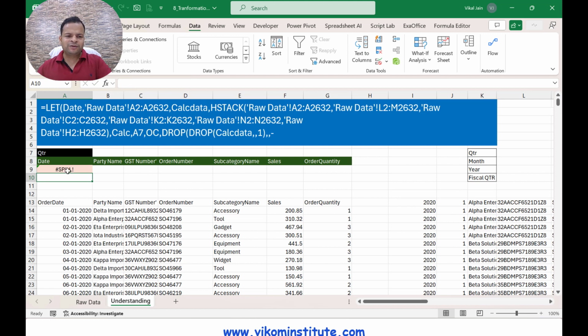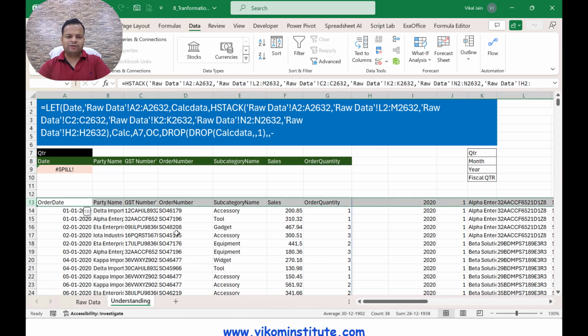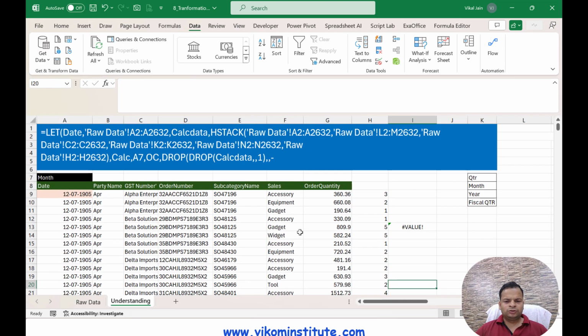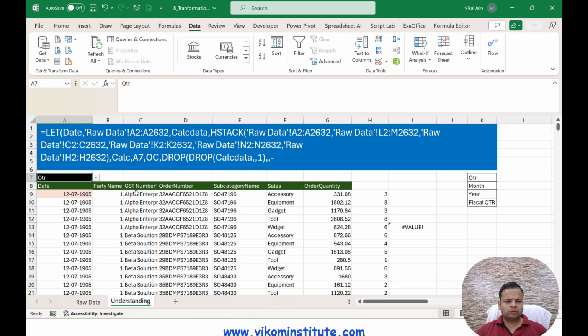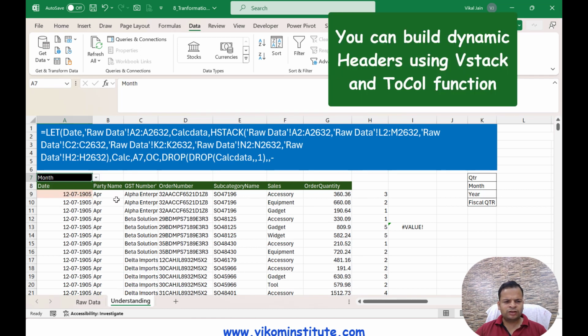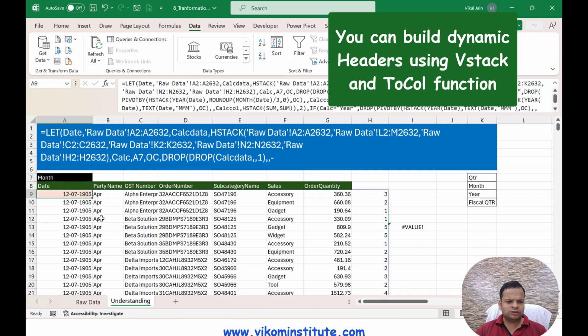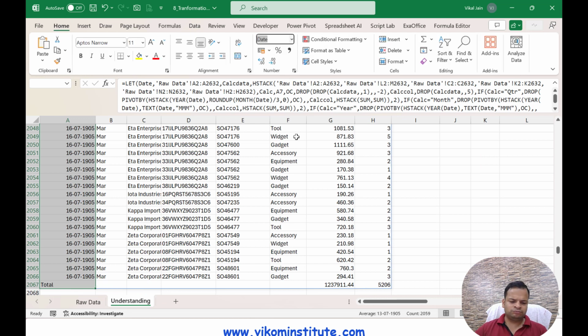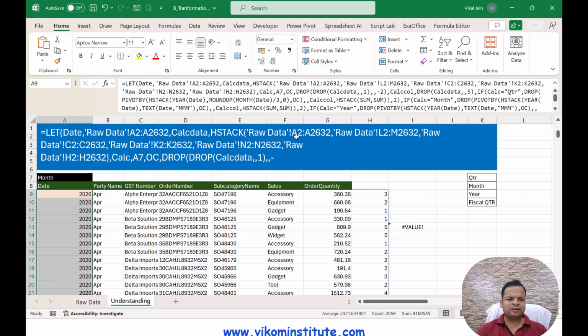Now it is going to show me spill because there is data already here. We can simply remove the rows. Now you will see if I choose quarter from here, it is going to work on quarter. And if I use month here, it is going to work on month. But this date is showing in this format. I need to convert into general because we have extracted first column as year, so it is simply a year. So that's how it is going to work.